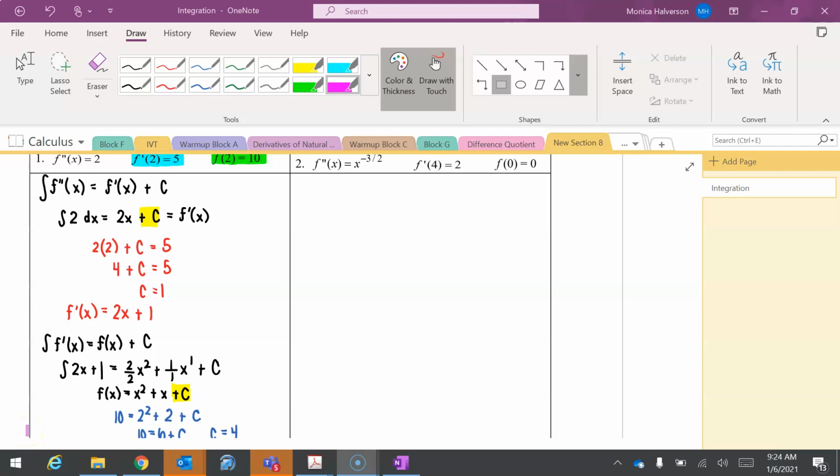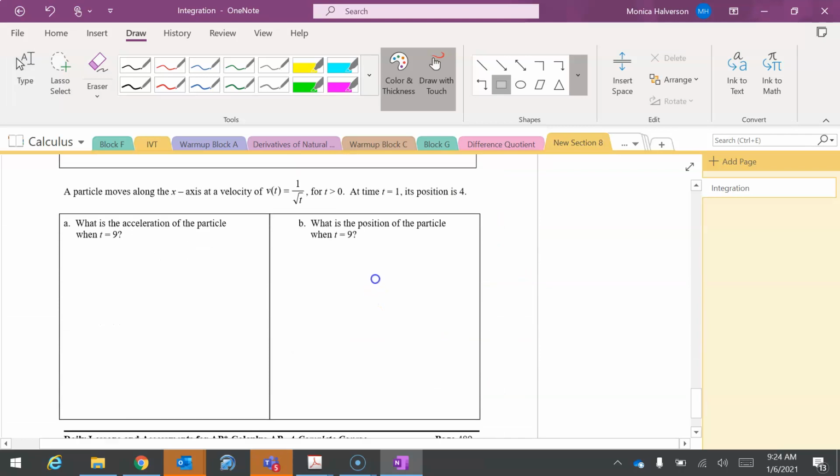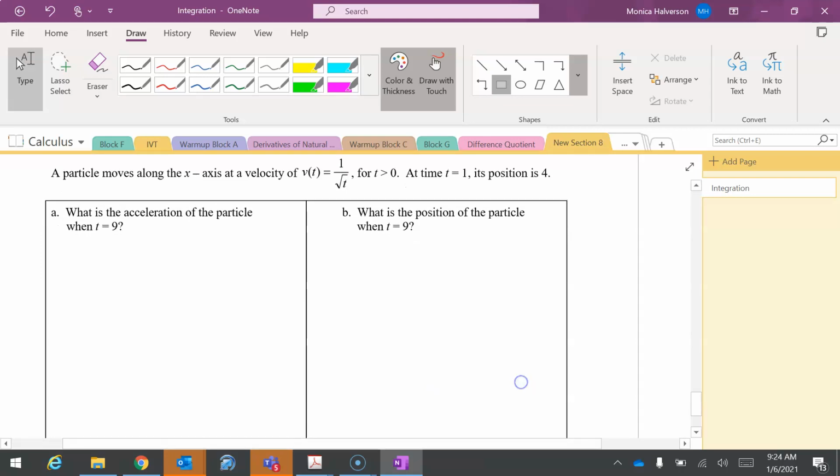Now, the last thing I'd like to talk about is the first application we can use anti-differentiation with. And that's when it comes to position, velocity, and acceleration. So here is a perfect example. A particle moves along the x-axis at a velocity of v of t is equal to 1 over the square root of t for t is greater than 0. At time t equals 1,